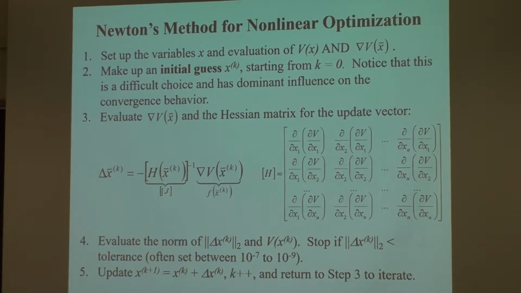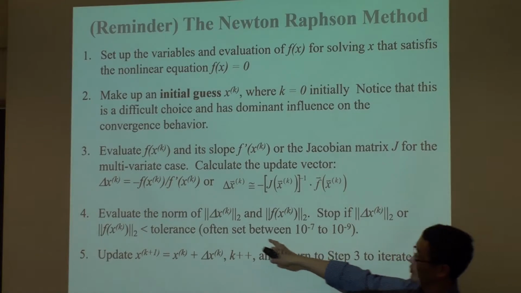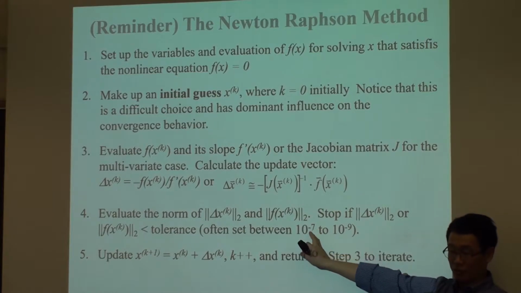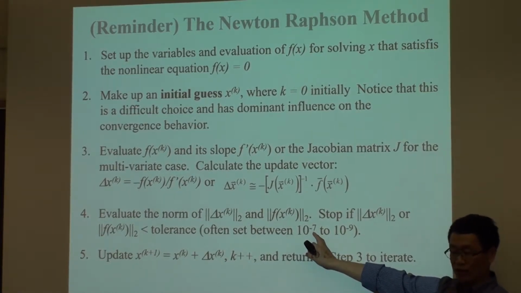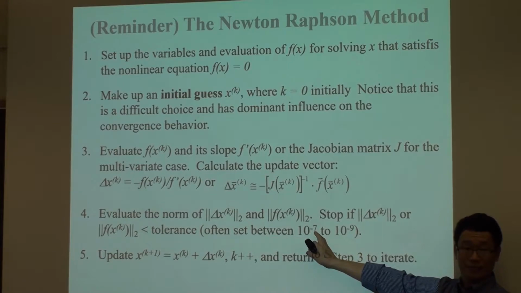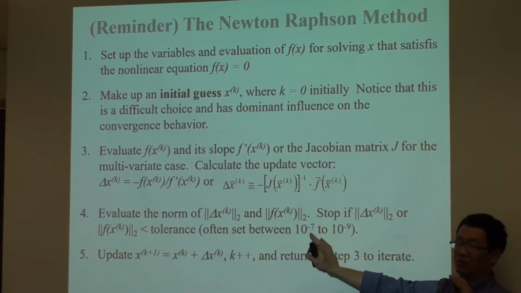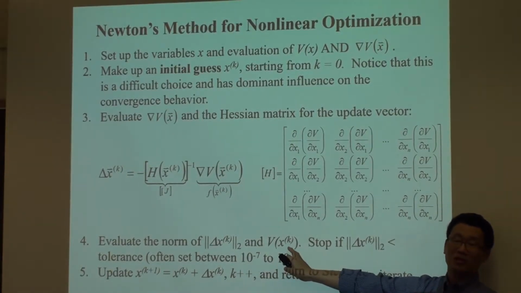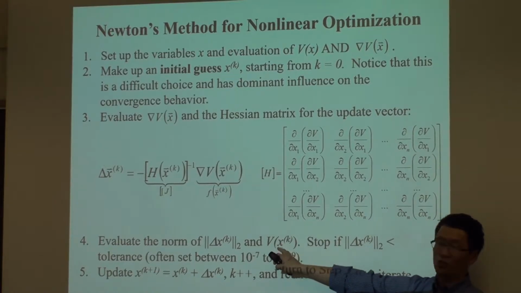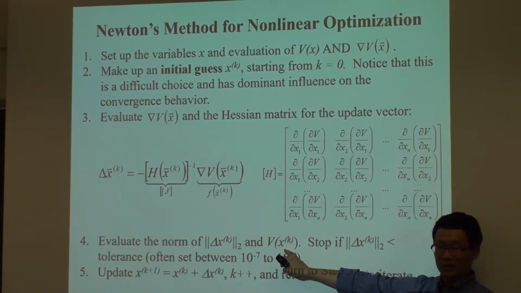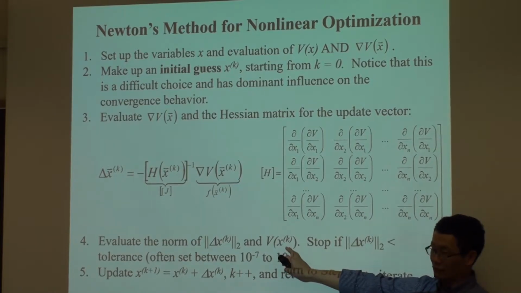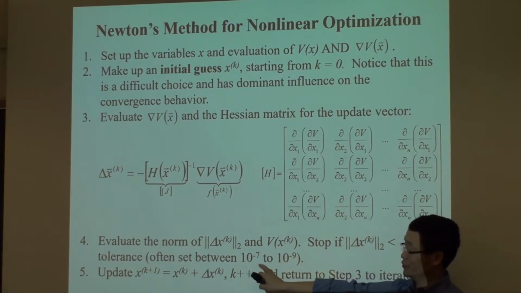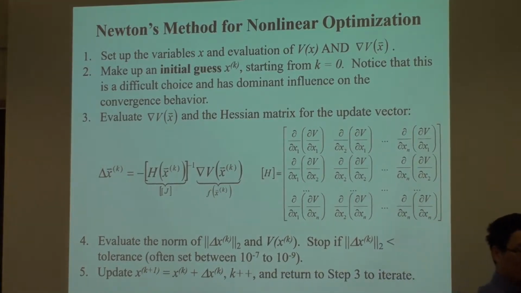Imagine in your program, this is something you have programmed. You can check either the relative norm or the absolute norm. Absolute norm tells you directly how good the solution is to that nonlinear system. In optimization, because the gradient goes to 0 but you don't know the absolute minimum number, the error for this one is harder to define. So you usually cannot check the direct quadratic convergence on V, but you can see the quadratic convergence on the second norm of the relative norm.